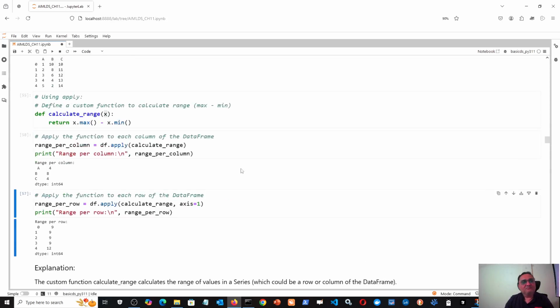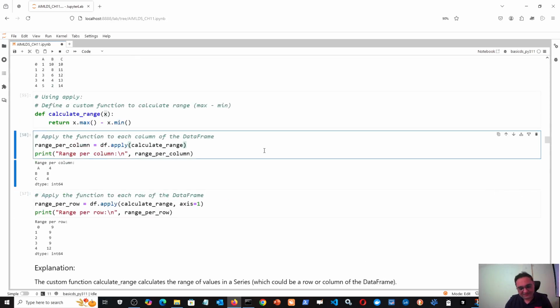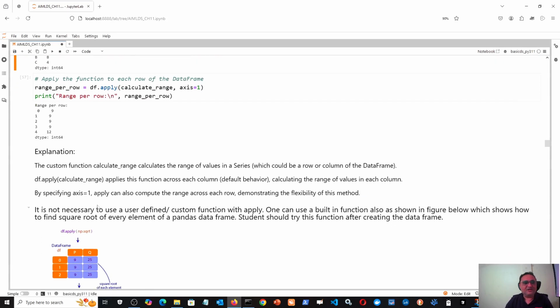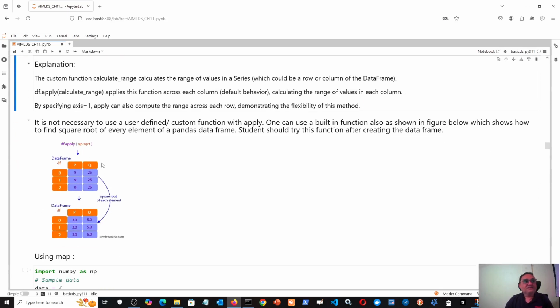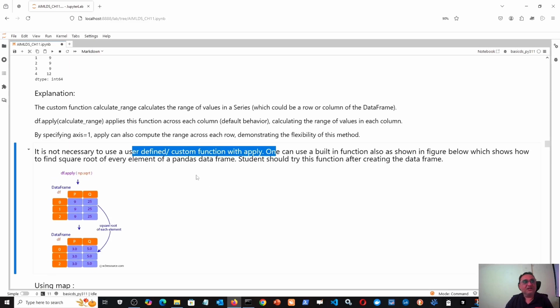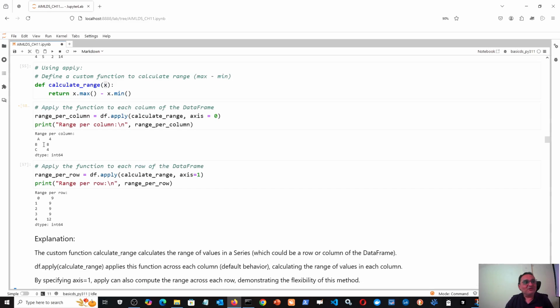Okay, but sometimes, instead of writing it that way, for better readability of code for other programmers, it is better to be explicit, but it is your choice. Okay, now this is just the explanation which I gave. Now it is not necessary to use a defined function only, that is a custom, user defined function only. You can use a built-in function like np.sqrt, and then you can calculate the square root of each and every